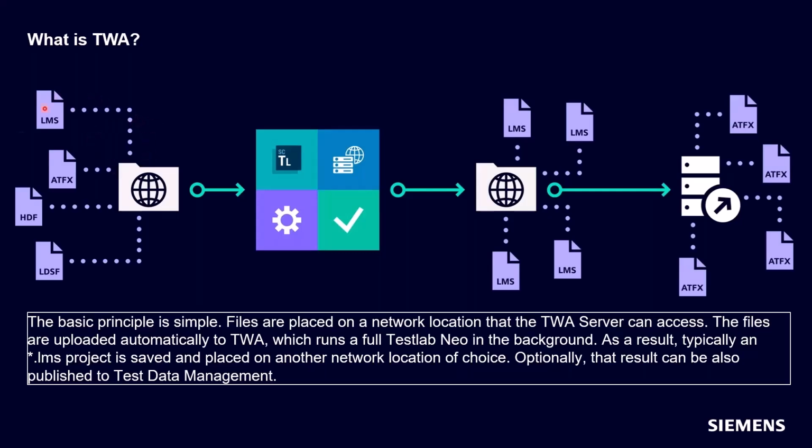So here we're going to find data, and that data can be a .lms project, an LDSF throughput file, or any data file Test Lab can process. So if you browse to a file in Test Lab, and it can be Excel, it can be ASCII, it can be SDF, it can be Universal, any data file you can process in Test Lab or browse to and see a time history, we can use it with Test Lab Workflow Automation.